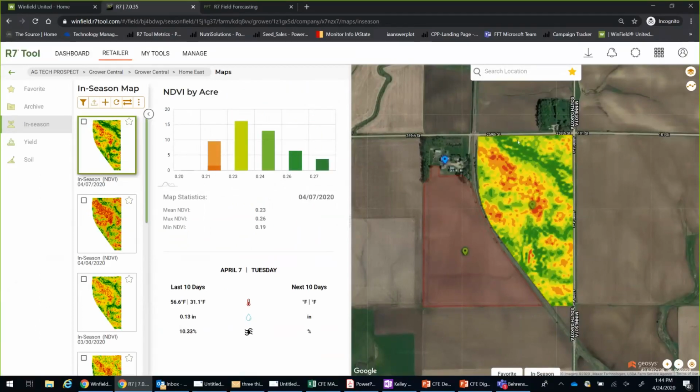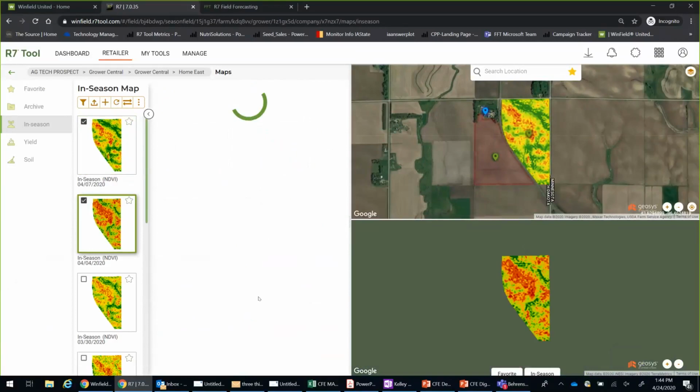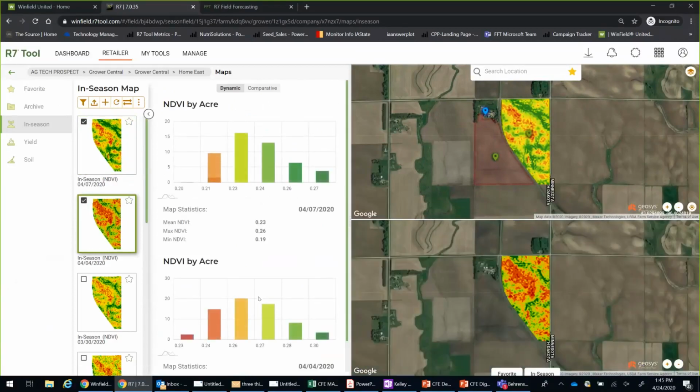Instead of the bar that we used to have on the far right for the legend of what NDVI values there were, you're able to see that here from this graph view. And then you have the ability to look at two different images together, and you simply click this compare button. What's really unique is you're able to look at what change happened from one map to the next map just a few short days later.